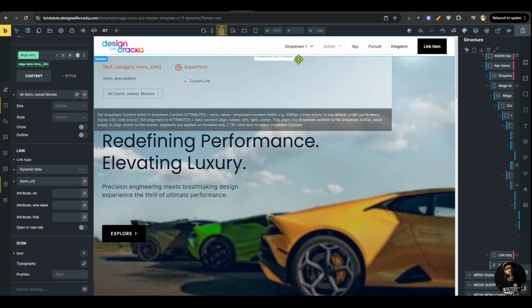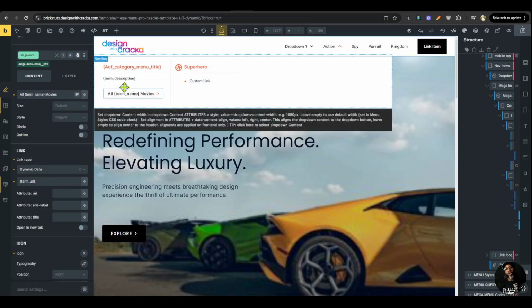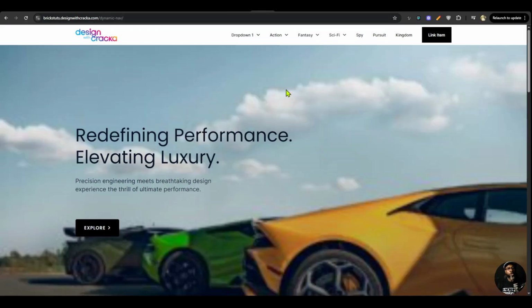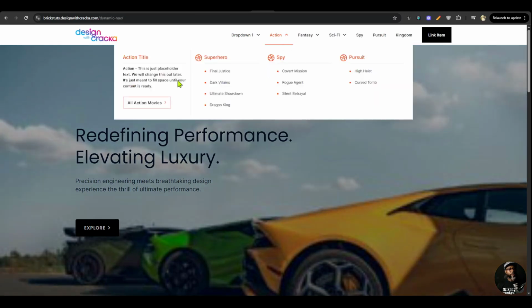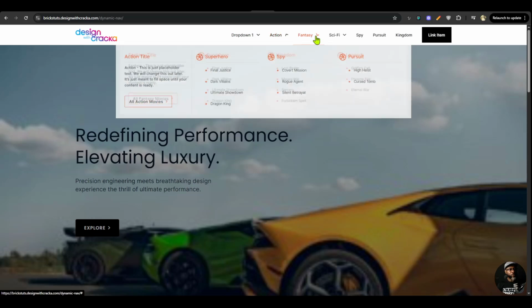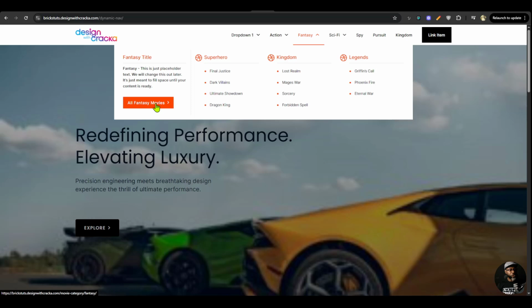So that should link to, for example, if it is action, it should link to the action archive. But you could do it any way you want, depending on what you want to link it to. So now you can see action title, fantasy title, sci-fi title, and all the description, all action movies, all fantasy movies. You could check that URL down there at the bottom left of the screen,